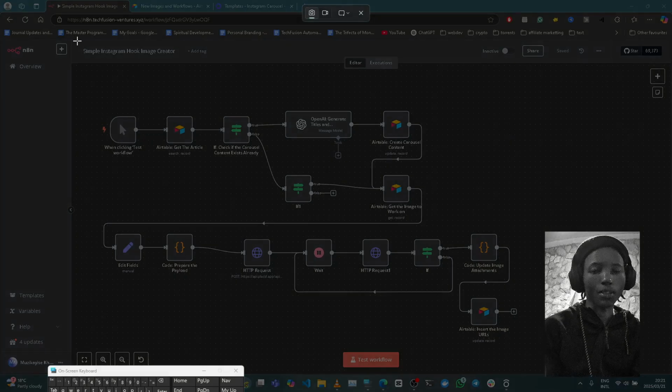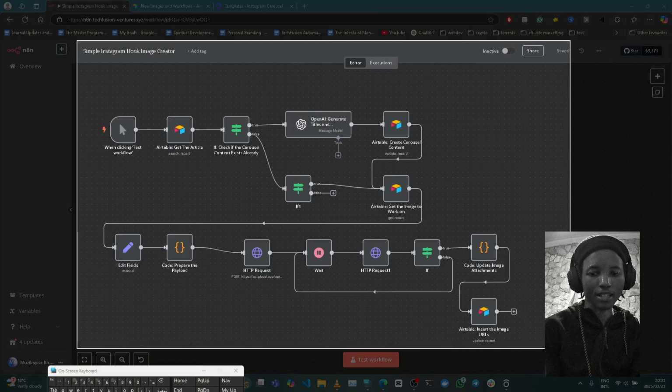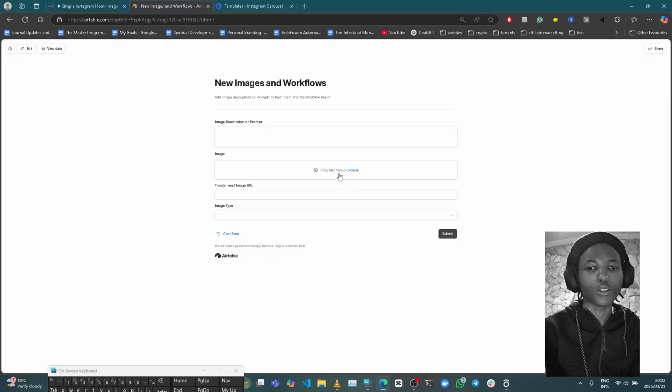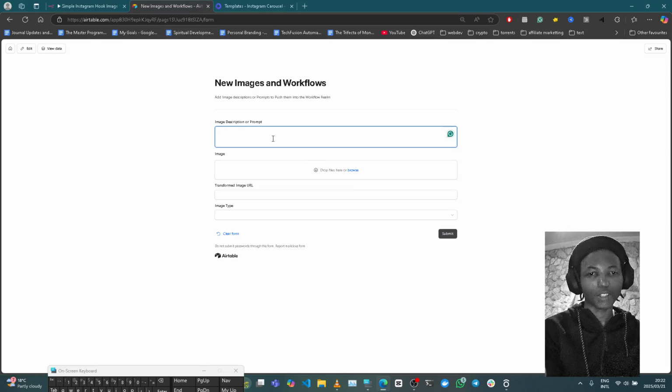It's kind of funny what I'm going to do. I'm going to take a screenshot of this, and then I'm going to have it generate the sort of content that I would use to promote this workflow online. So you'll understand in the future. Basically, this workflow is called Simple Instagram Hook Image Creator. It's effectively an n8n workflow that helps me promote templates on Instagram or other image-based platforms,